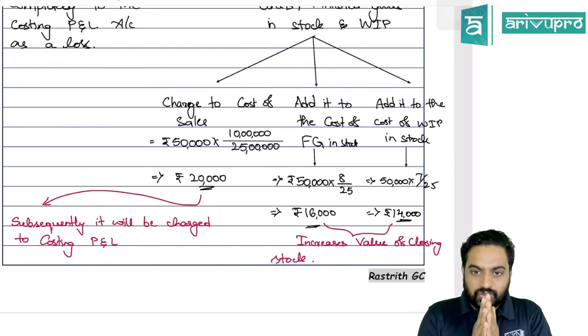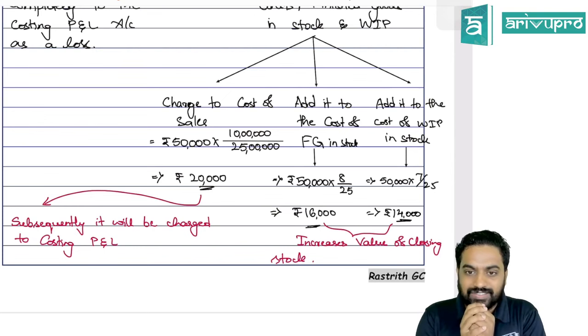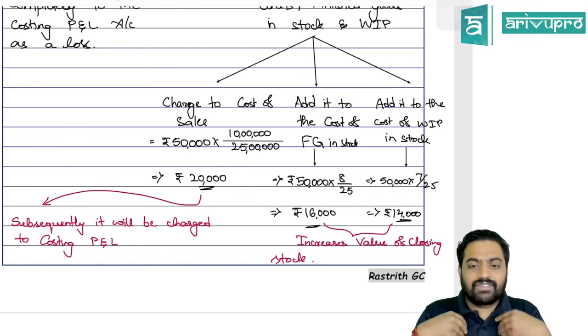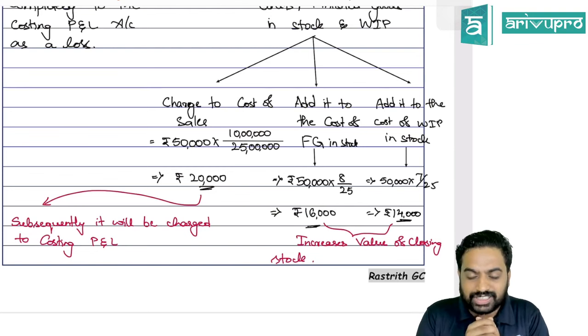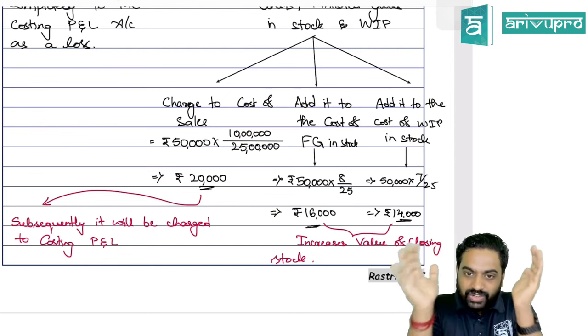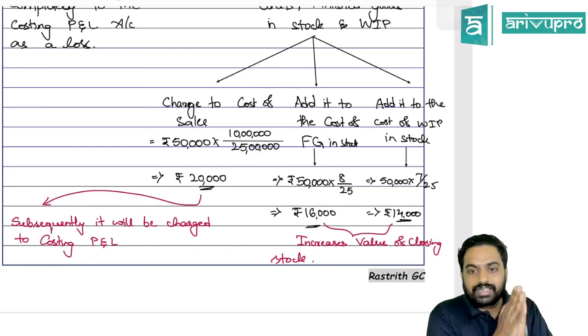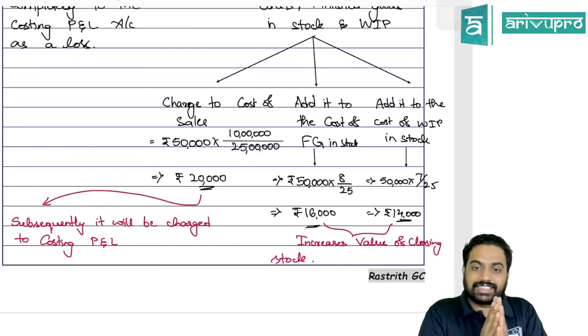Through the apportionment and allocation, we got some expense to the service departments. As service departments are not producing anything, we cannot charge it to the final product. So we are going to charge these service department costs again to the production department. That thing is called